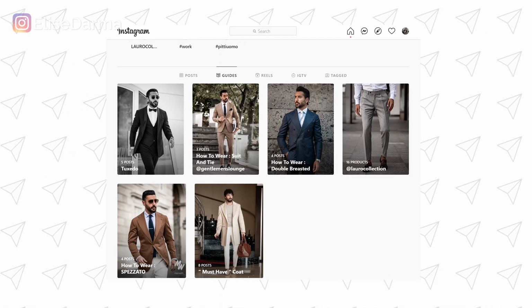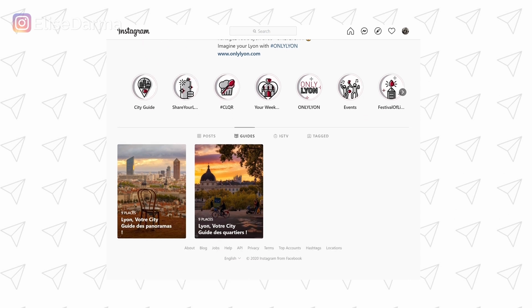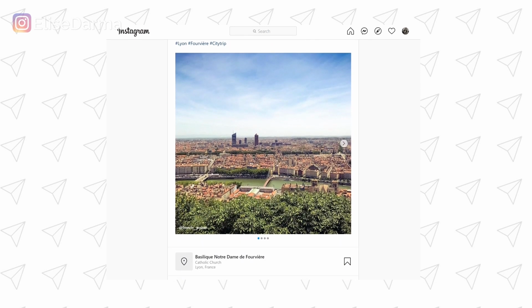So, like this example in the fashion space, here we have a couple guides featuring tips and tutorials for men's fashion. If you're a travel influencer, the Places guide would be perfect for you, just like this example done by a tourism board. Notice how Instagram pulls up all public information tagged with that location, regardless of who posted it. By now, I hope you're seeing how useful guides could be for your business, so let's dive in and create